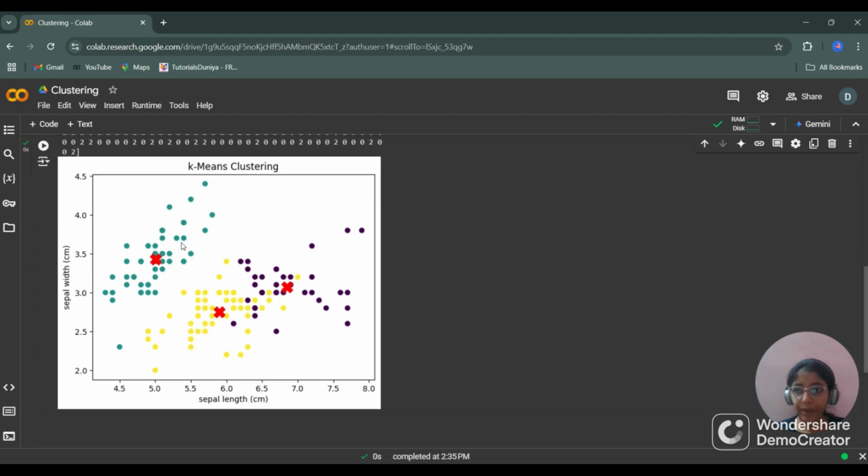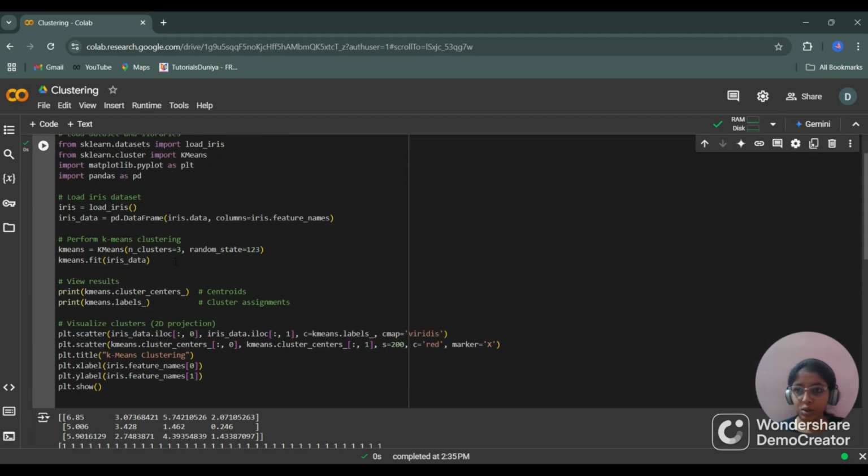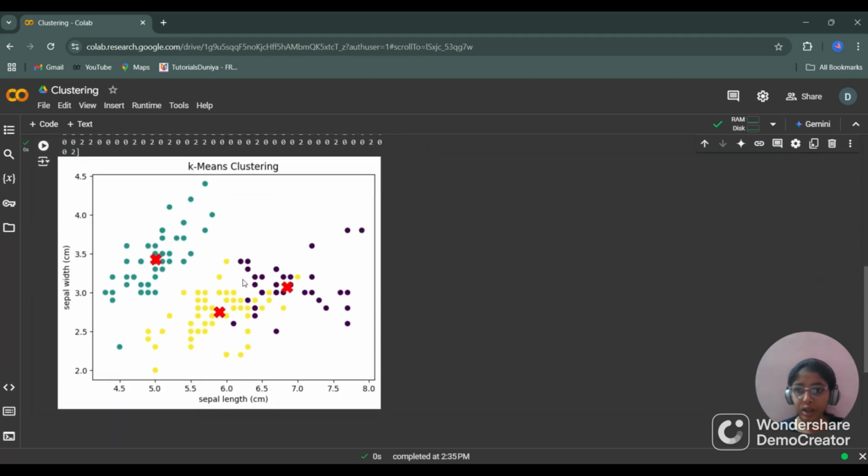As you can see, we have made 3 clusters here, assigned with different colors. The first cluster is in light blue, the second cluster in yellow, and the last cluster in violet. It has done the scattering on the basis of sepal width and sepal length.